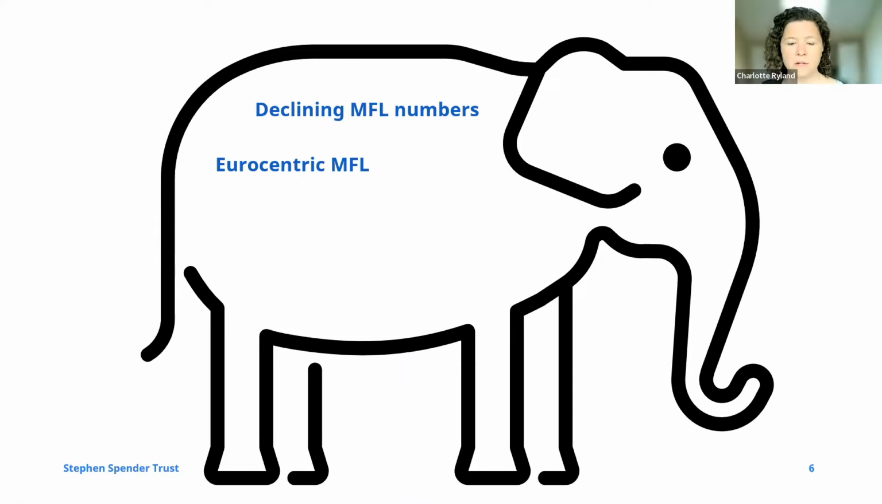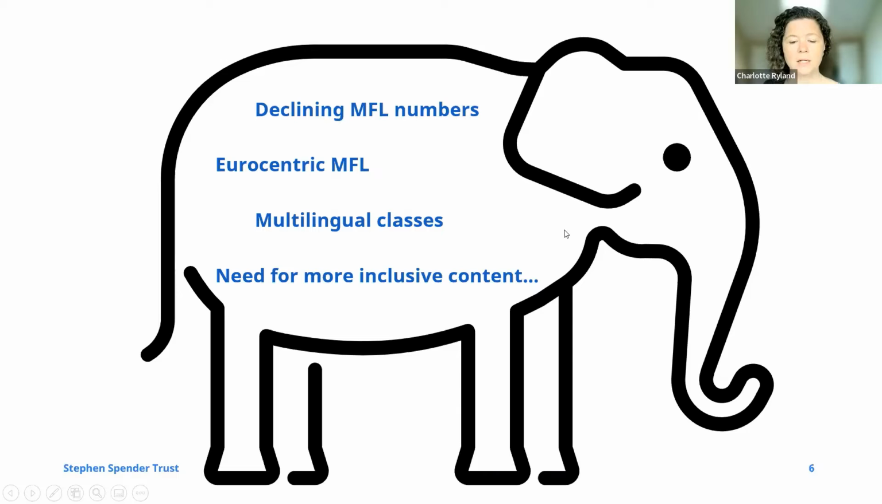historically, MFL curricula and textbooks have been very Eurocentric, with very little inclusive content on Francophone North Africa or on Spanish-speaking South America, for example. We've got very multilingual classes in the UK, and a very publicly discussed need now for more inclusive content in the curriculum. So these are the ideas that we're battling with and